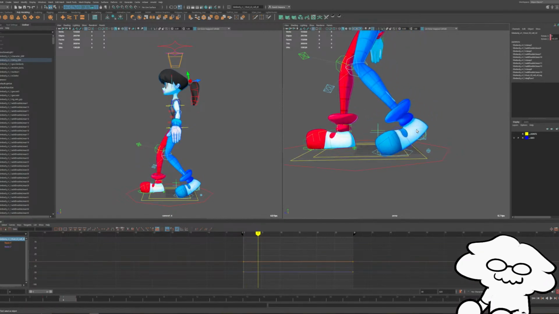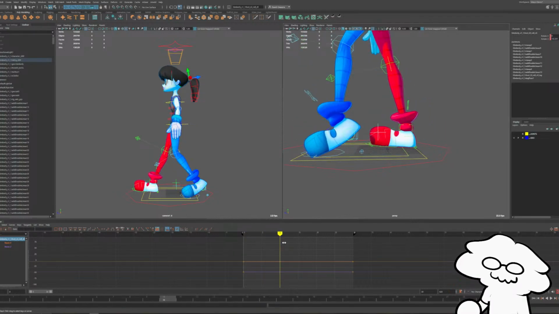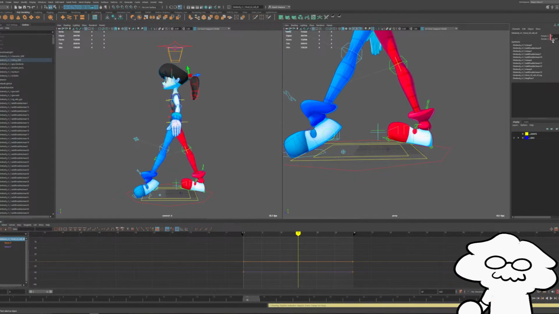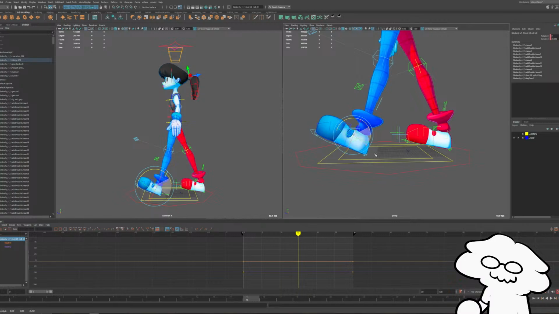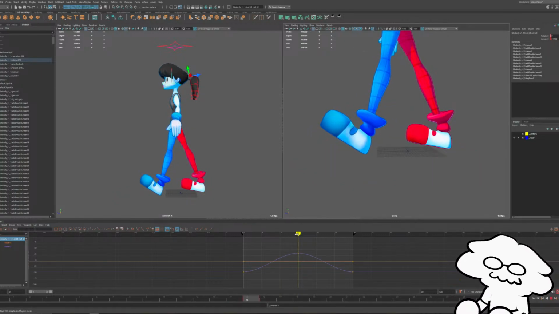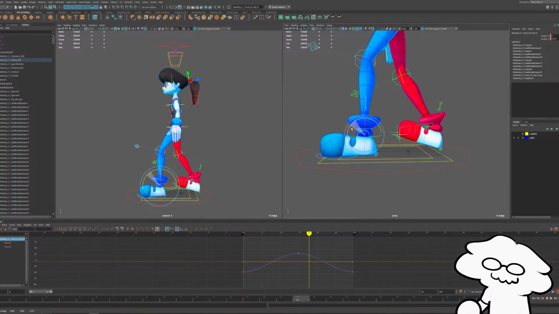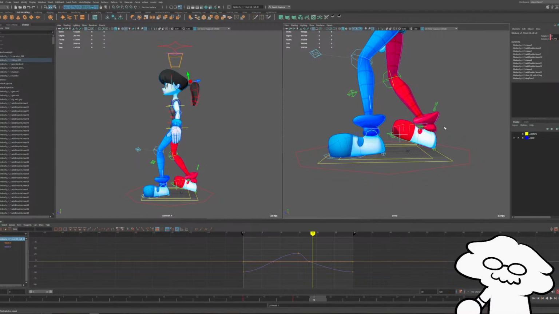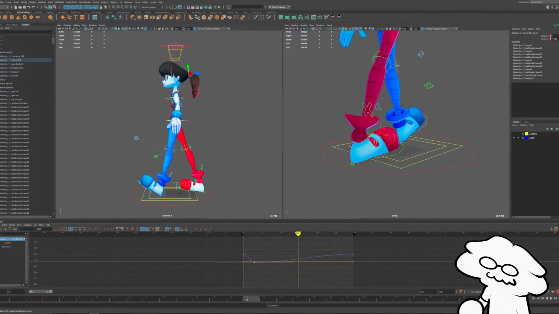And then we'll do the same. Push this back. So this will go back on its heel at frame 15. And then snap downwards right afterwards. And same to this one. We're going to have it peel off the ground.